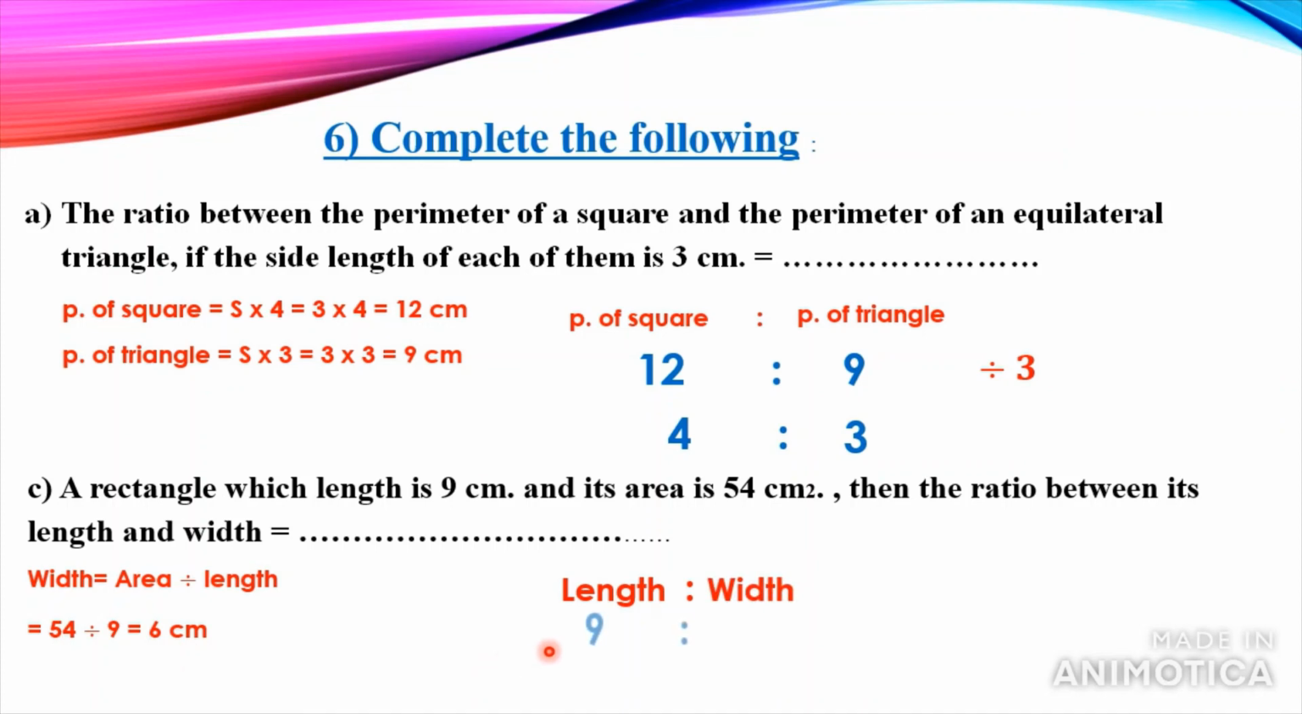Now I have the width. Easily I will find the ratio between length and width. Length is 9, width is 6. 9 and 6 are divisible by 3, so I will simplify them by dividing